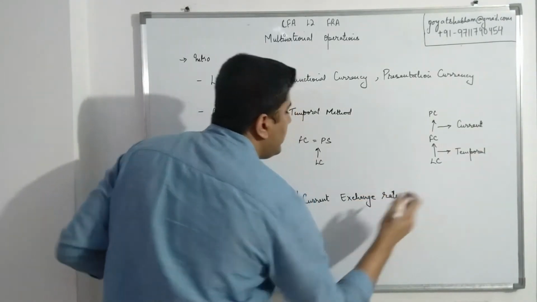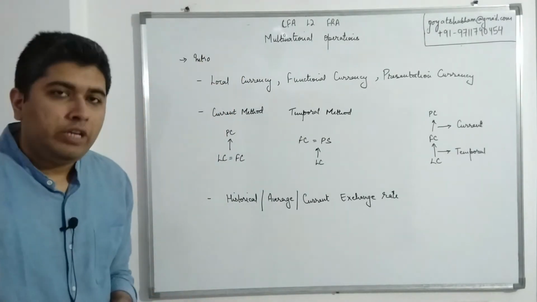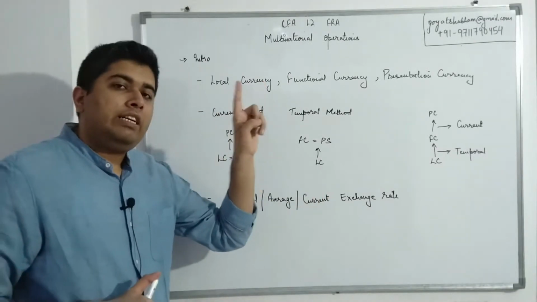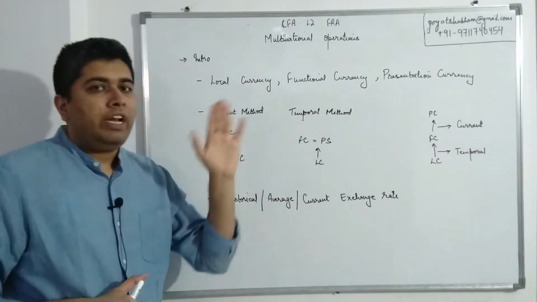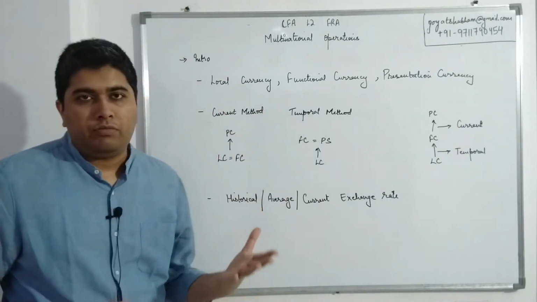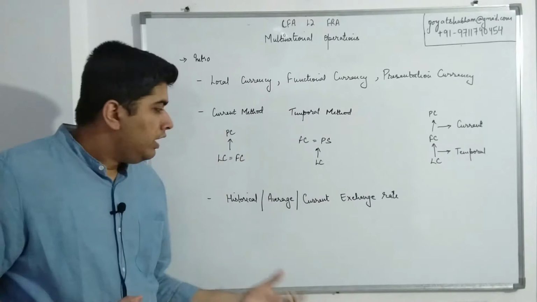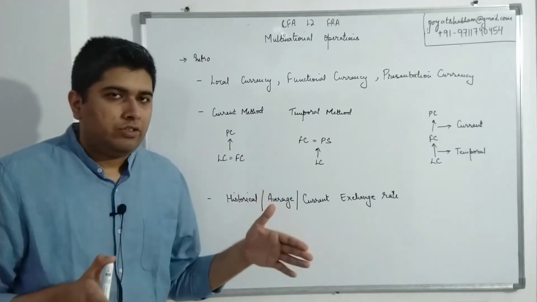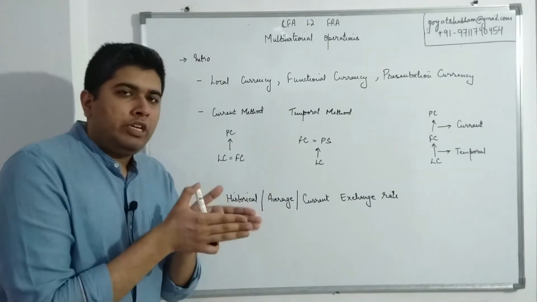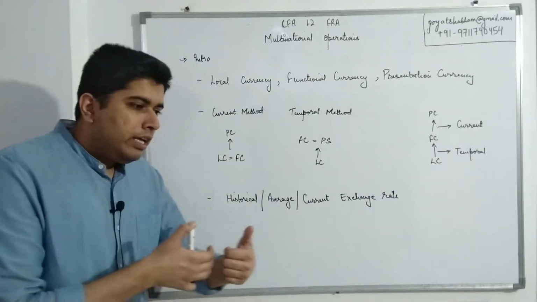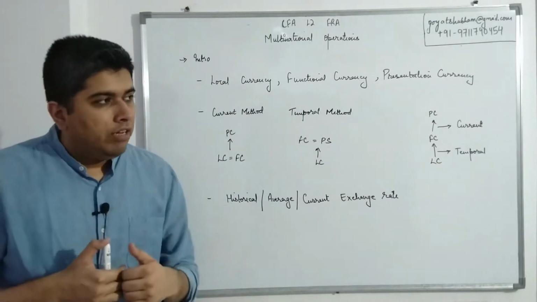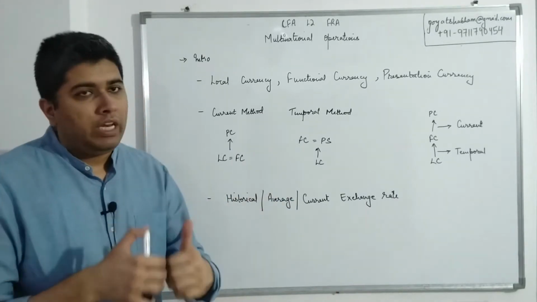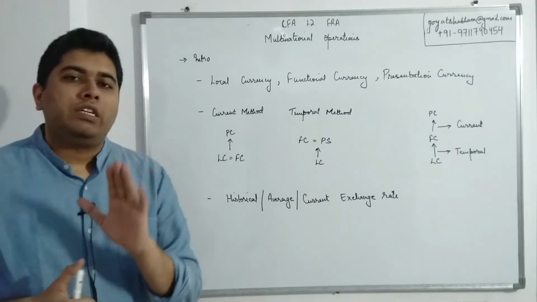Historical rate is the rate that existed at the time the transaction actually took place. So let's say I bought a machine 5 years ago. The actual exchange rate that existed at the time when I bought the machine, if I'm referring to that, that is known as the historical rate, the actual rate at the time of transaction. Average rate is basically an average of all currency rates that existed during the entire financial year. So if I'm making financials for the year 2020-21, the entire year will be taken as a sort of sample space. I will check whether in this entire year we had currency movements. If yes, we'll average them out, and that would be my average exchange rate.